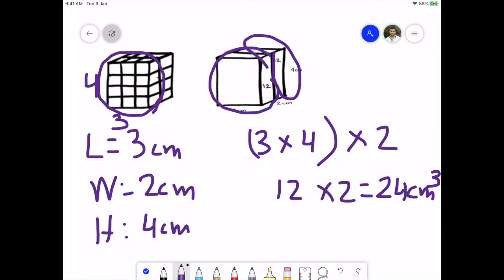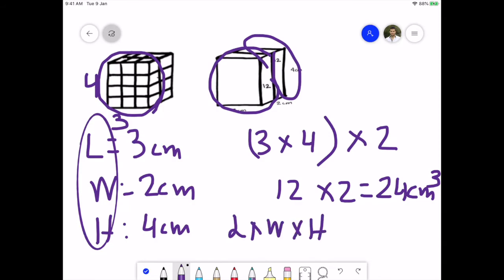Therefore, I can conclude that instead of adding layers, another way that I can identify the volume of a rectangular prism is by multiplying the 3 dimensions, which are length, width, and height. So if I do length times width times height, I will be able to identify the volume of this shape, which is 3 times 2 times 4, which gives me 24 cubic